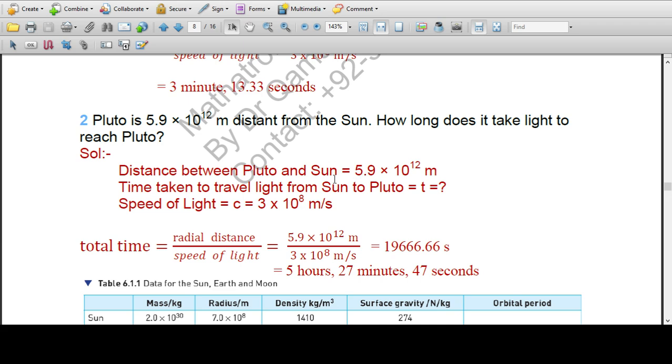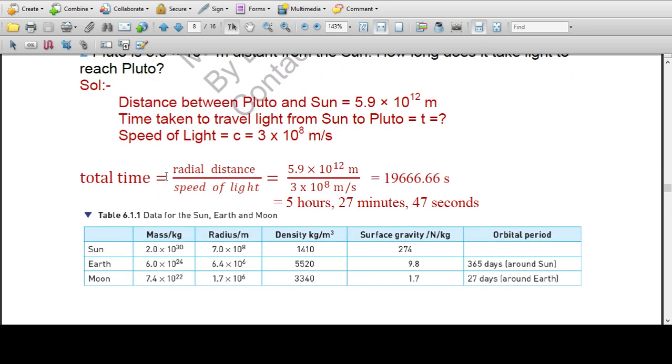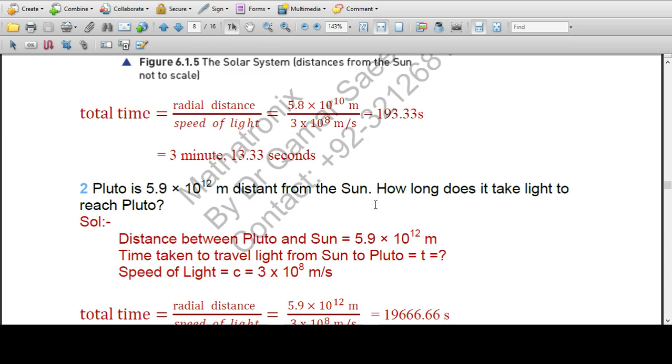Here we have the distance of 5.92 into 10 to the power 12 meters from the Sun to Pluto. The distance is quite large this time, so it will take more time. So the radial distance between Pluto and the Sun is this, and the speed of light. So we divide the radial distance by the speed of light, and here we have obtained this. So it will take 5 hours and 27 minutes, while in the above case it was 3 minutes and